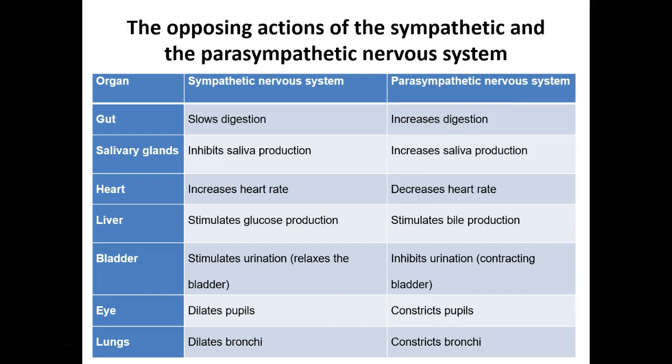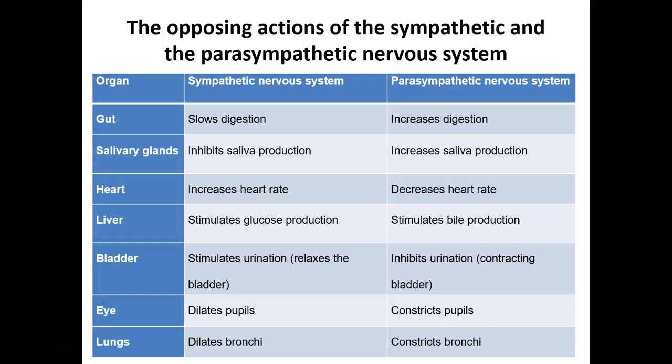So your sympathetic nervous system slows down your digestion. So imagine you're about to go on stage and people say, oh, you're going to get butterflies in your tummy. This is because your digestion is slowed down and your acid is moving around in your tummy. Why do you get a dry mouth? That's because the sympathetic system slows down saliva production in your mouth. Why does your heart beat rapidly? It's because it increases your heart rate.